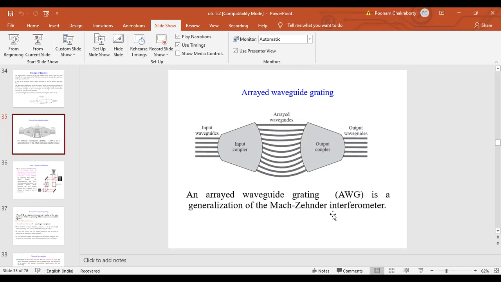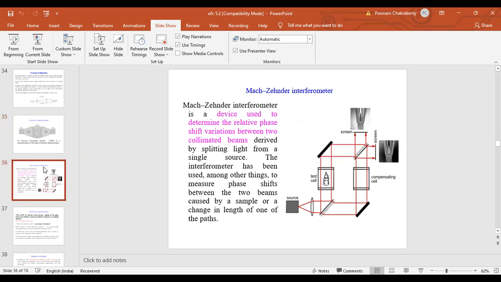Now, what is a Mach-Zehnder interferometer? That you need to know. To explain the arrayed waveguide grating, in the book only this diagram is there, so they are actually increasing the path length. Now, AWG is using the principle of the Mach-Zehnder interferometer, MZI. What is MZI? I'll just show you one slide, and then I'll again show you a video.